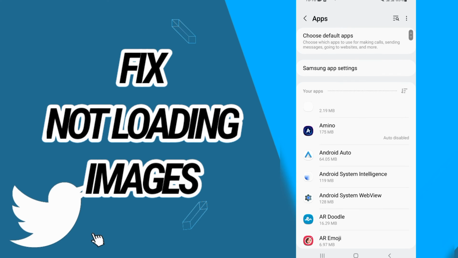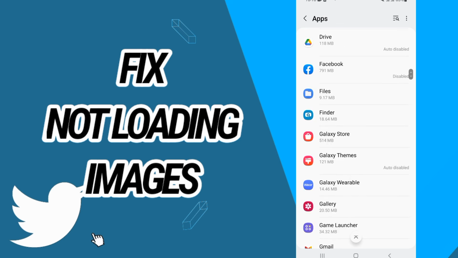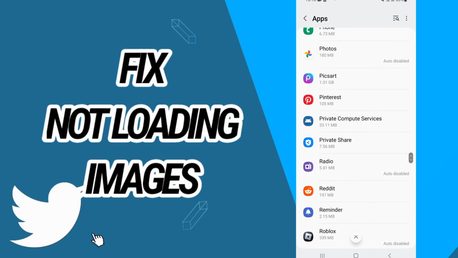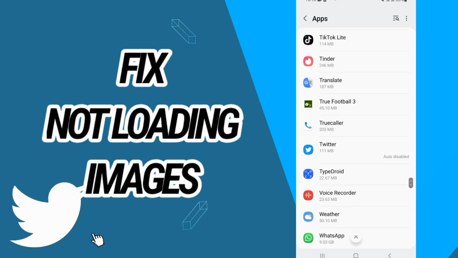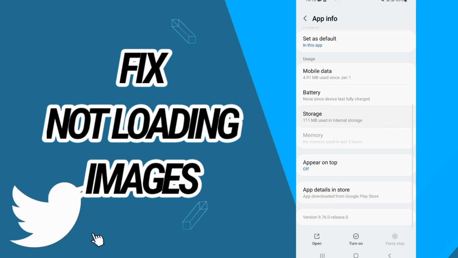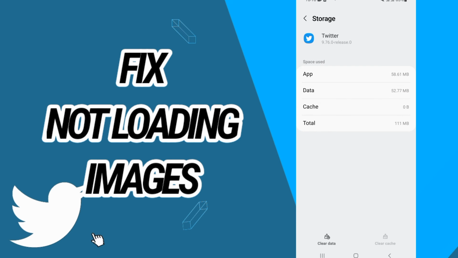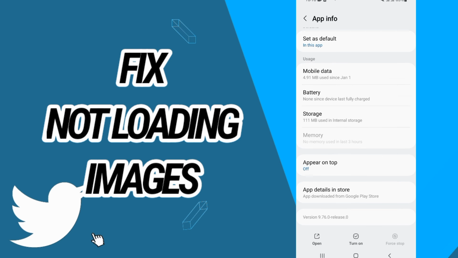Then go to apps and here search for Twitter. And when you found Twitter, guys, open it like this. Then go to storage, click on clear cache here and also clear data, click OK, and then go back, click